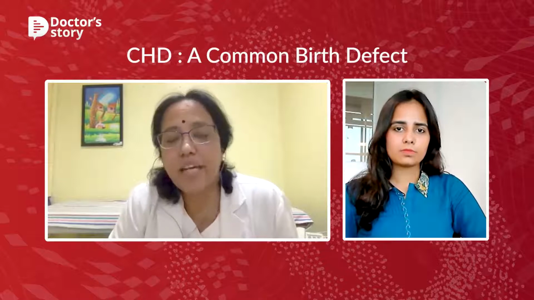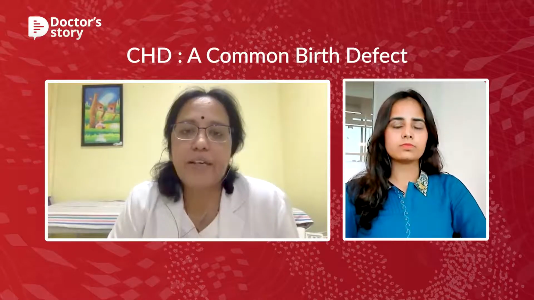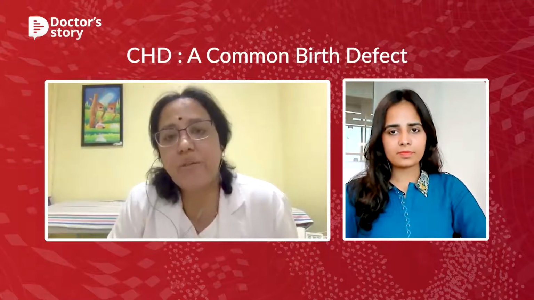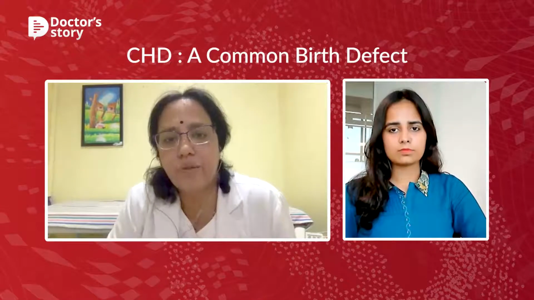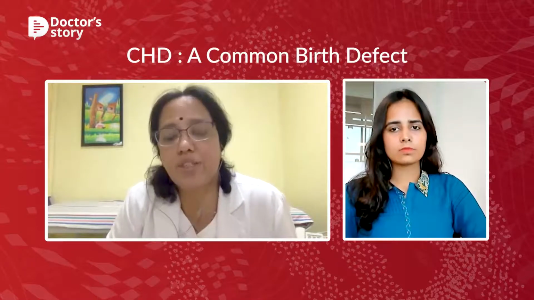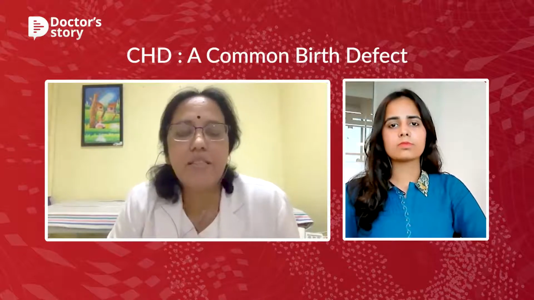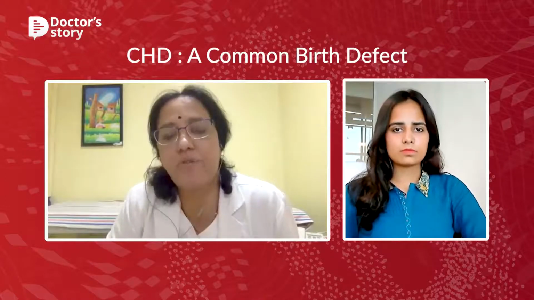And there are some very complex heart diseases where we are not able to correct the heart totally. We try to do what are called palliative procedures. In palliative procedures, we try to make them less symptomatic. We try to adjust their circulations to the extent that the complications of the heart disease don't occur. So this has to be done in stages and at the appropriate timing to achieve its effect. Such children also have some limitation to their lifespan because their heart is not yet fully corrected.